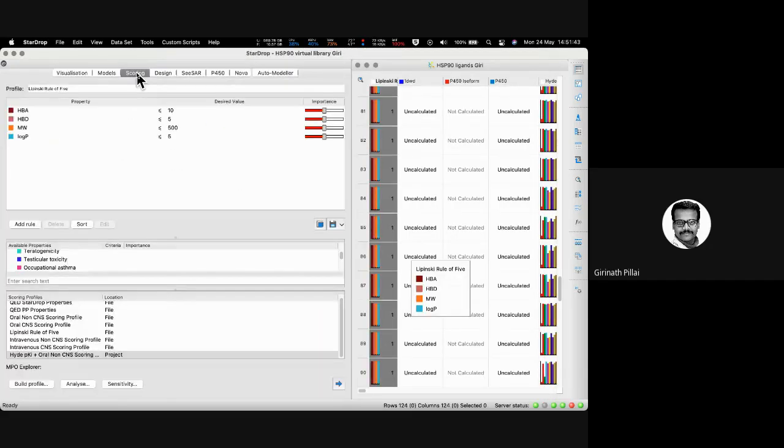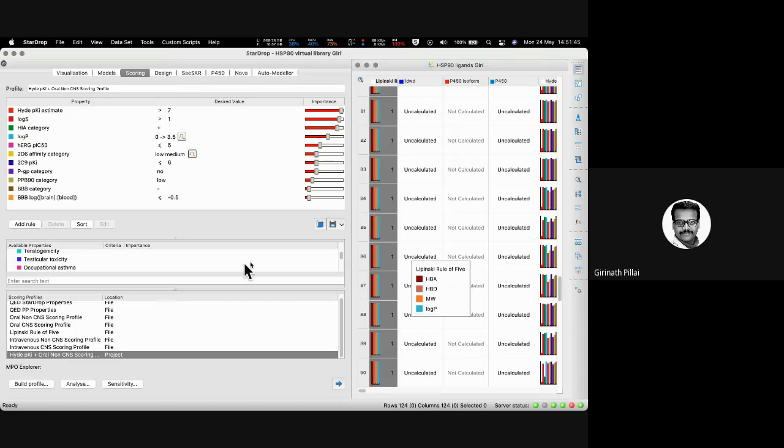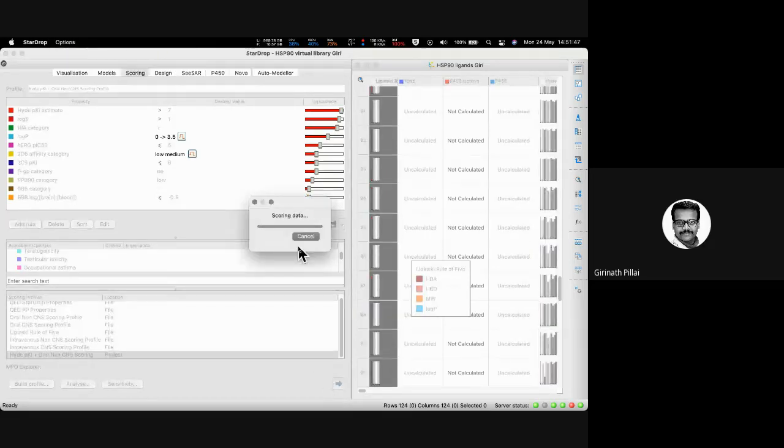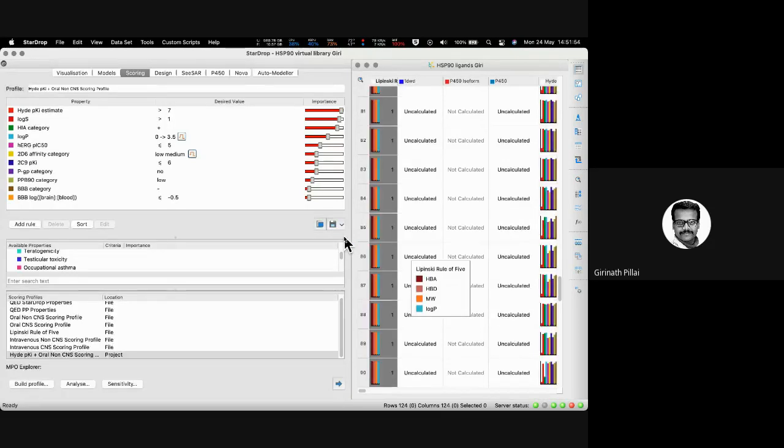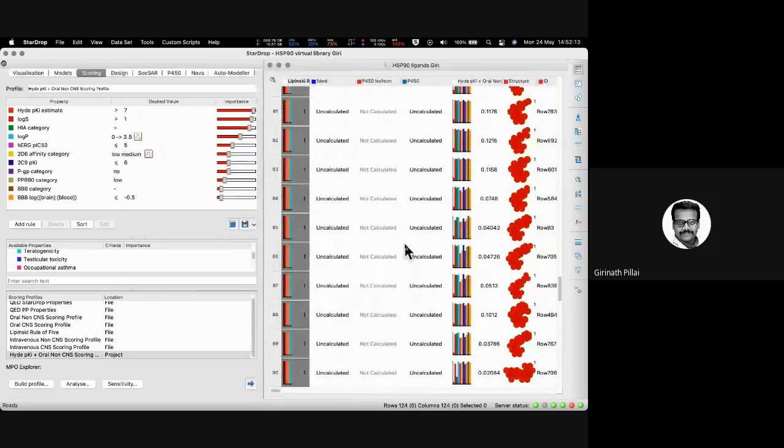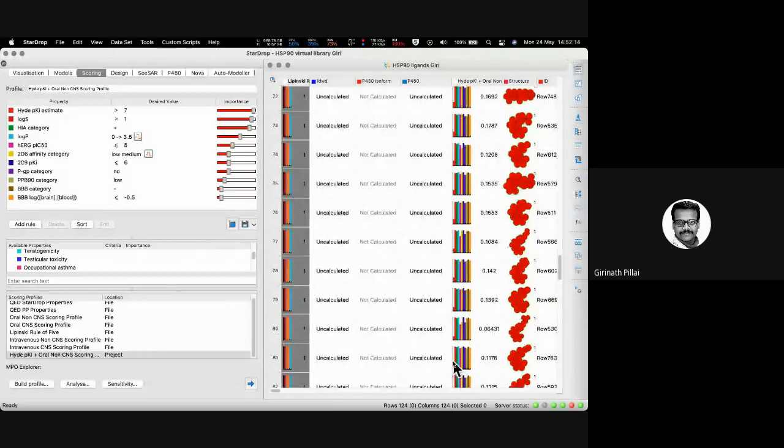Similarly, when you want to do the scoring, as we already discussed, when I run it, it does the scoring profile. The scores will be from 0 to 1. Any score closer to 0 is said to be not so good a compound. Anything closer to 1 is a good compound. But we have to do some analysis. These are just statistical predictions with values. So let's do the first part of the analysis.